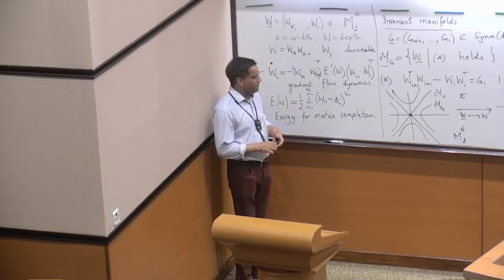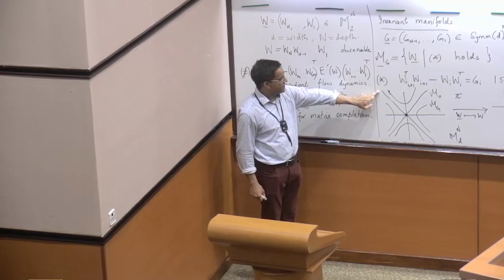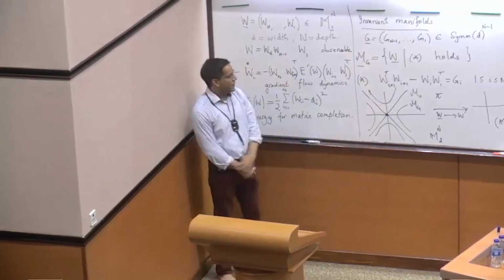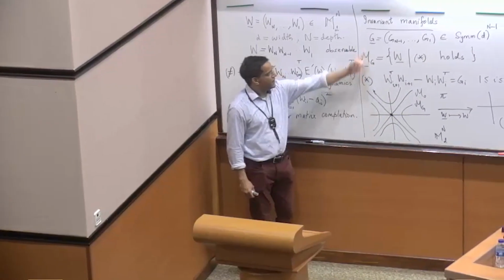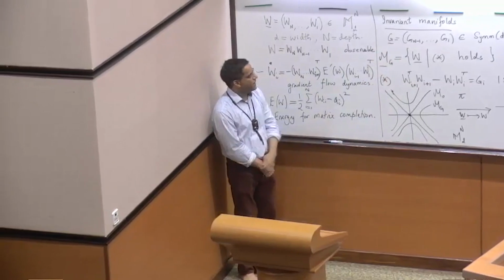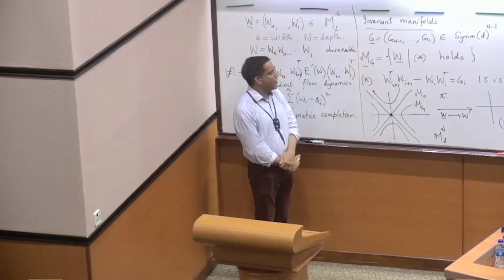So that was the first theorem. The second theorem kind of pointed to the special role. There's this entire foliation of the space by these invariant manifolds. We're going to do a little bit of dimension counting in just a second to form a better feeling for this invariant manifold. The invariant manifolds are parametrized by a collection of constants